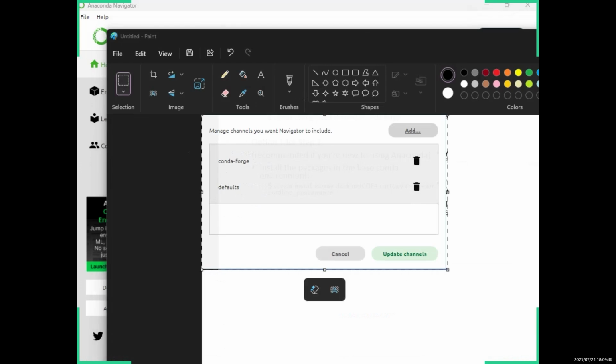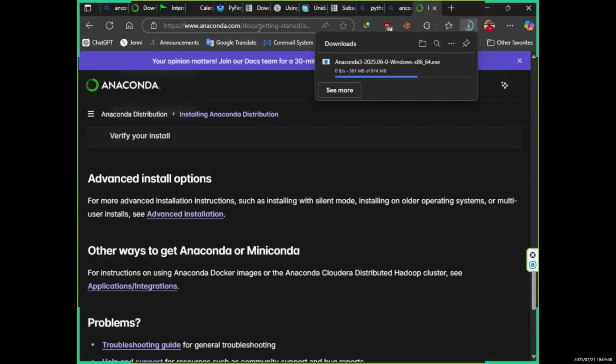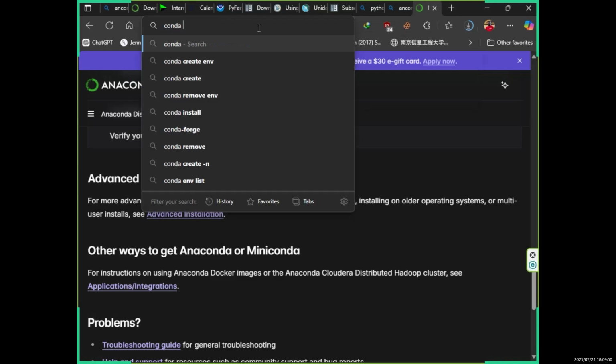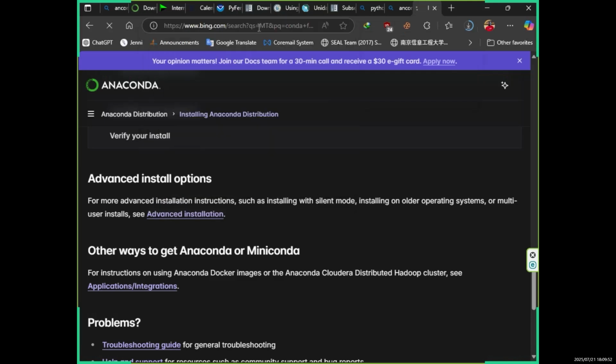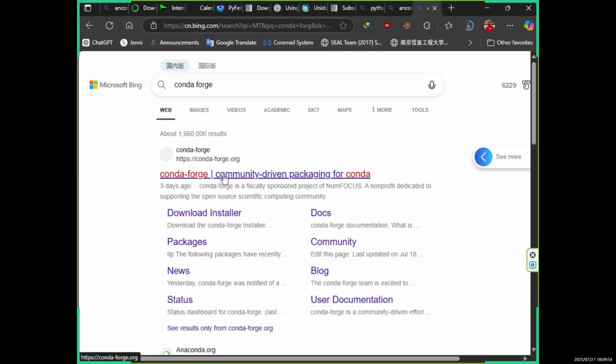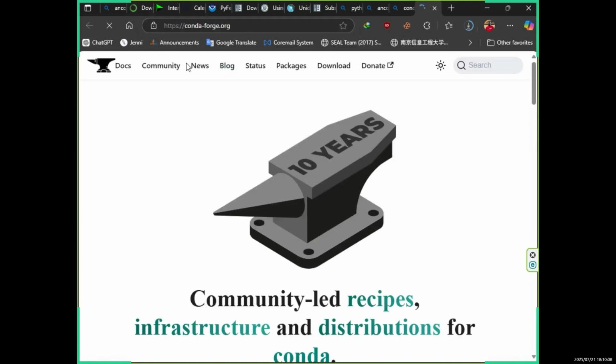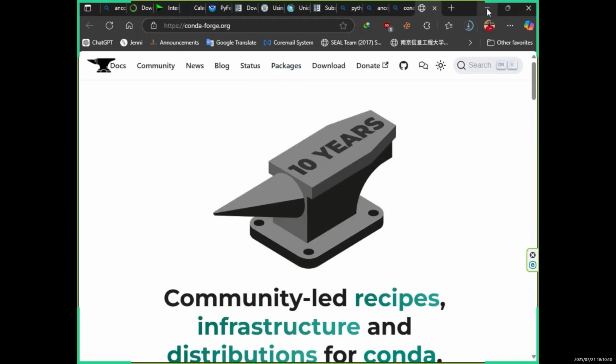If you search, conda-forge has some additional third-party libraries. See, it's a community-driven package source. That means anyone can develop their own package and deploy it over there. So over here we have a lot of libraries. So you need to import this conda-forge into your